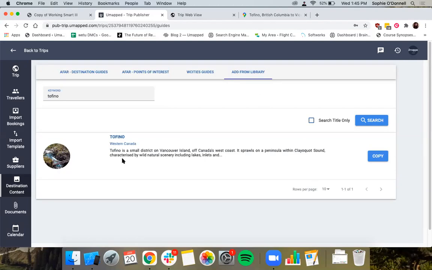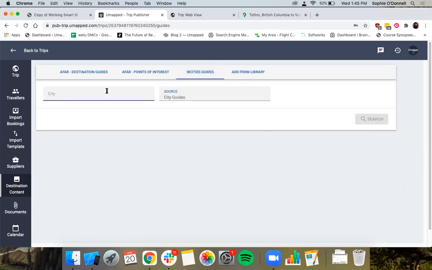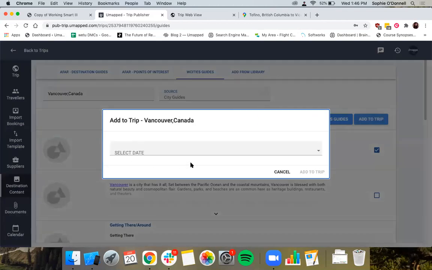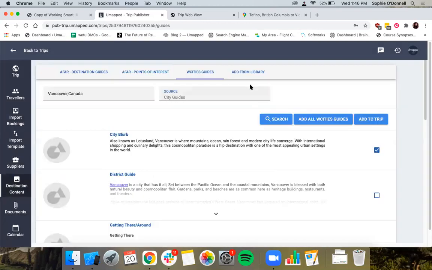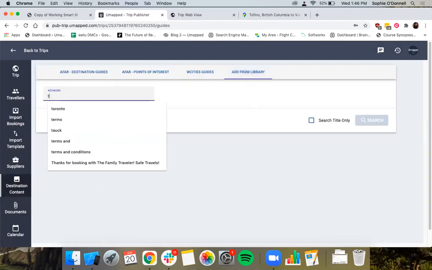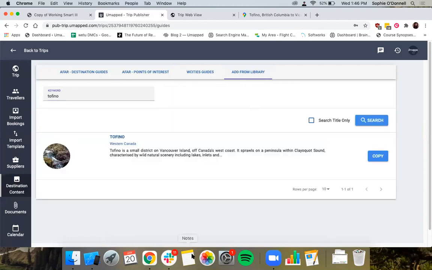But something I've been wanting to hear more from travel advisors recently is, if you're adding from the library like this, would it be more beneficial for us to have a date picker here, the same way we have with cities, where when you're adding something, there's that date picker? Or is the copy button something that most people tend to use? That's a question I want to pose to everybody. If you have thoughts on that, let me know, because the more I know, the more I can push the product team to change from copy to a date picker.